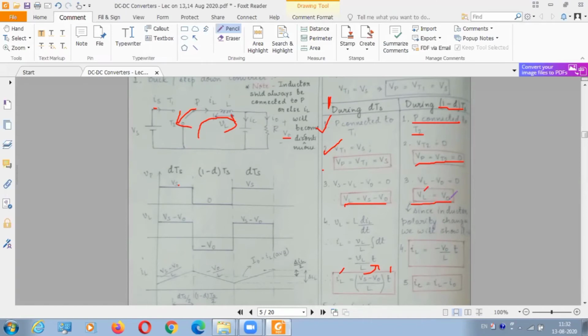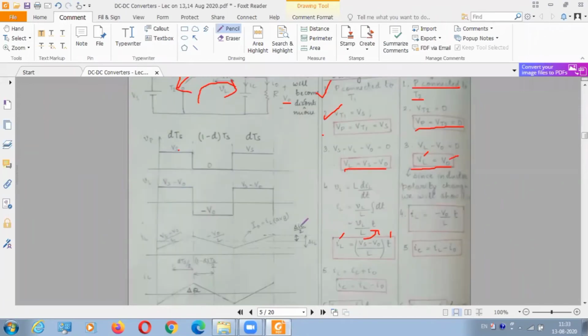But remember in transient analysis what we have studied: whenever an inductor discharges, current through it remains in the same direction, but polarity changes. So this side becomes minus, this side becomes plus. Previously this side was plus, this side was minus, so previously we plotted a positive voltage over here. Now since its polarity changes, we'll plot a negative voltage over here, and what will be its magnitude? V0. So that's why I have plotted minus V0 over here.